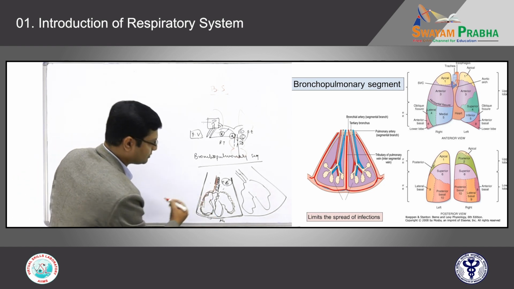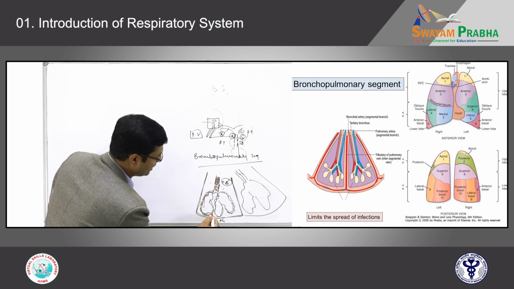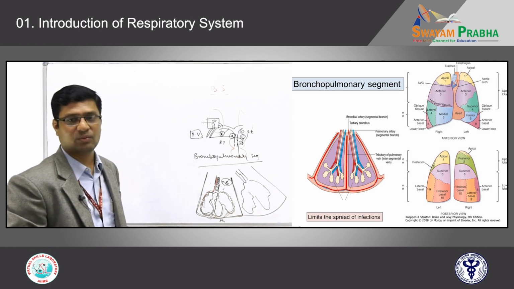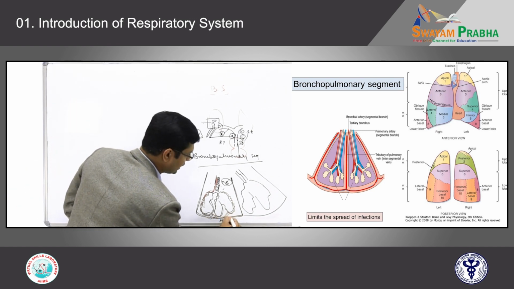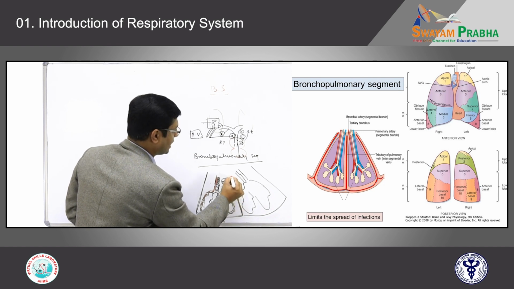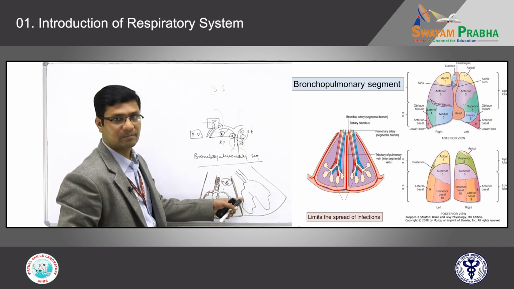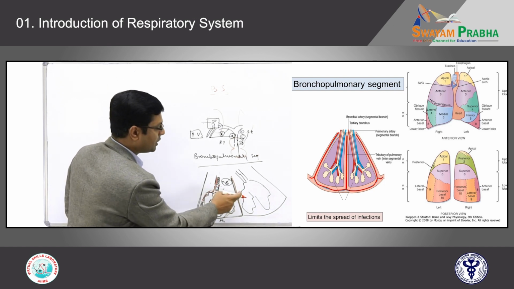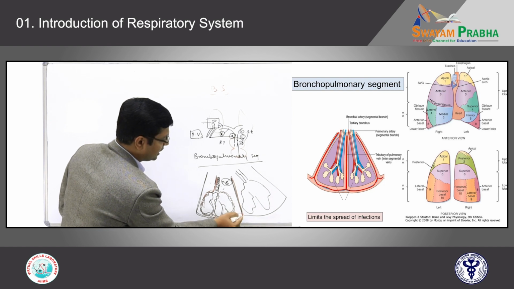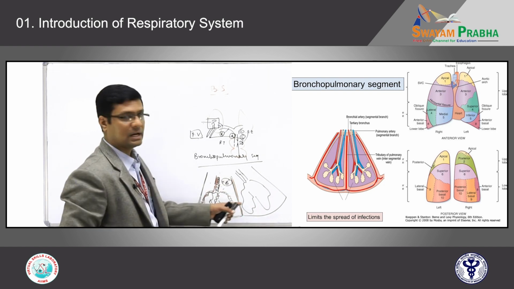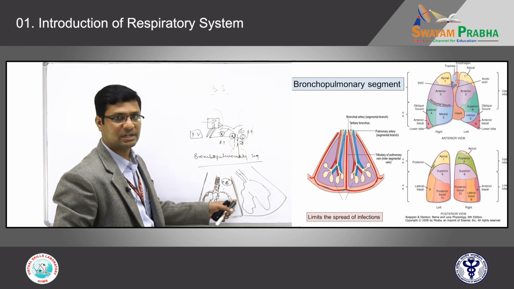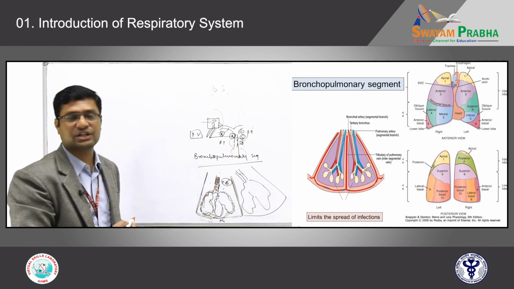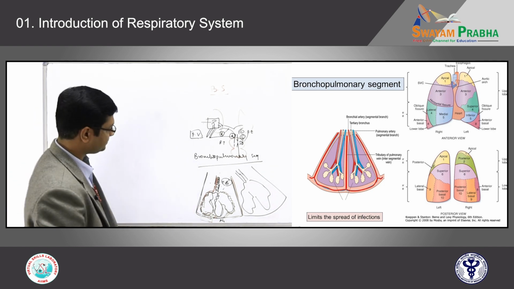Once oxygenation takes place here, these plexuses will again combine together to form one more vascular channel. We call it the pulmonary vein. These pulmonary veins will traverse along the septae. In the center, along with the terminal bronchiole, we have a branch from the pulmonary artery, but pulmonary vein tributaries or branches will be present in the septa, each septa of the bronchopulmonary segment. So, all of you should remember. We will go in detail about the gaseous exchange part in the next slides.